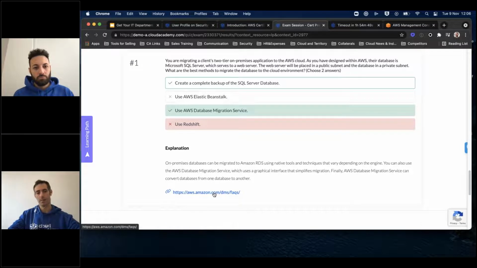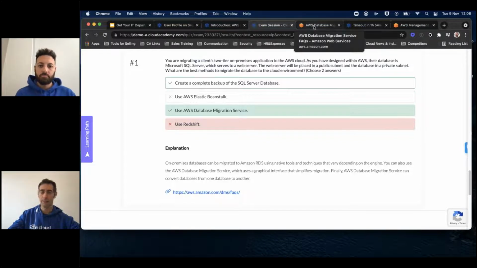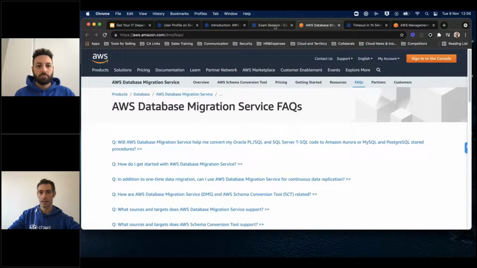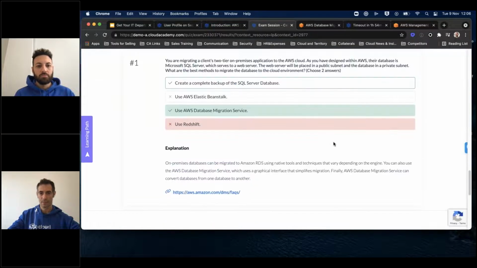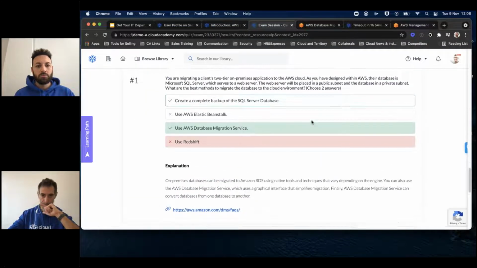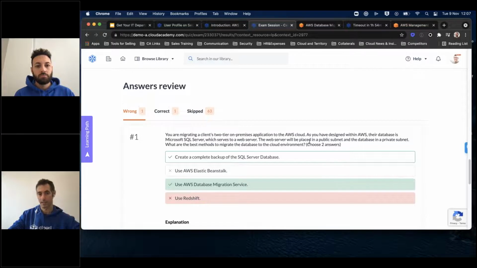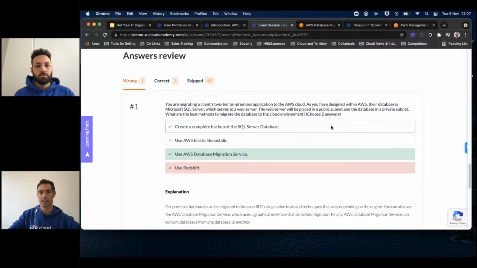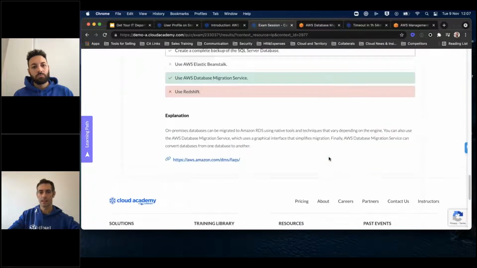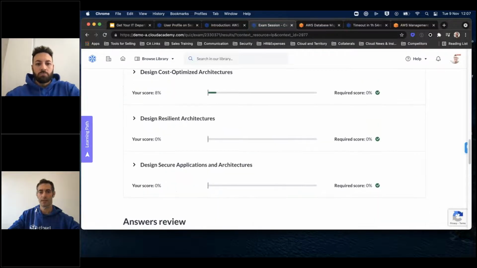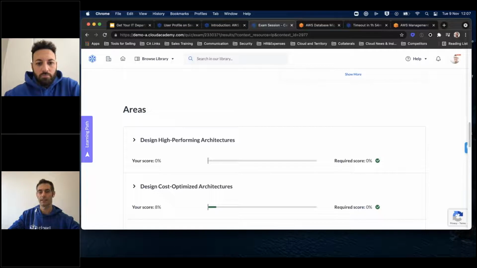If you want to dig deeper into some concepts, don't take our word for it. You can, in this case, follow this link and read here, and understand a little bit better about this question and why this answer was given. Yeah, I think this basically sums it up in terms of the end user experience and the certification.